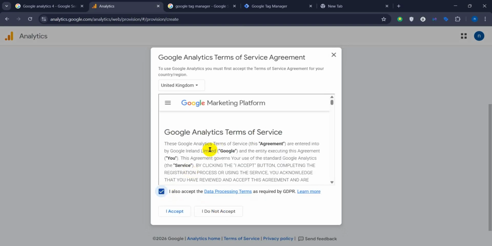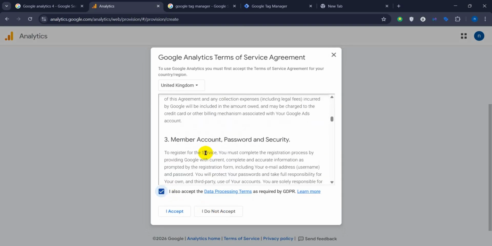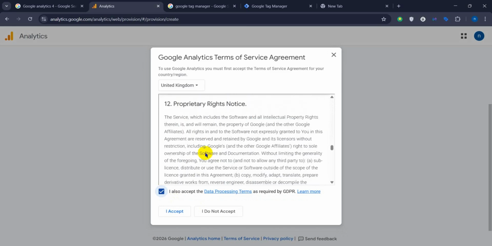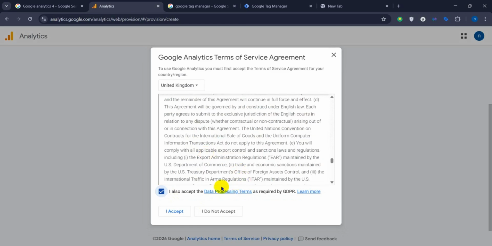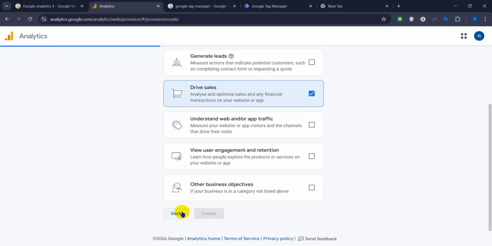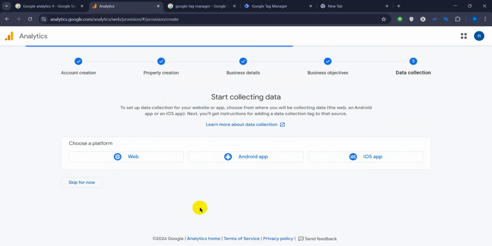Don't forget to accept this policy, again as with Google Tag Manager. If you have time, you can read it, otherwise leave it. I accept. Great. Now